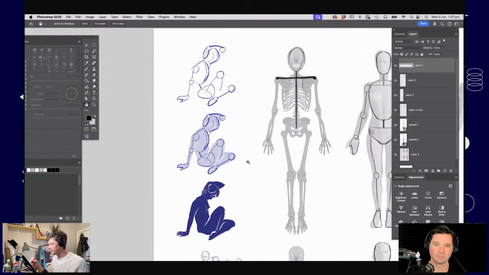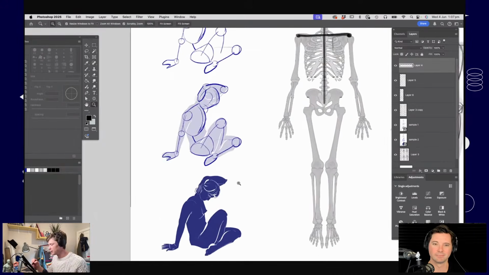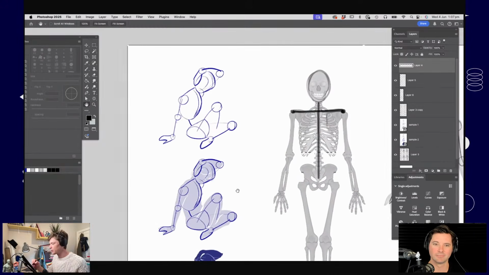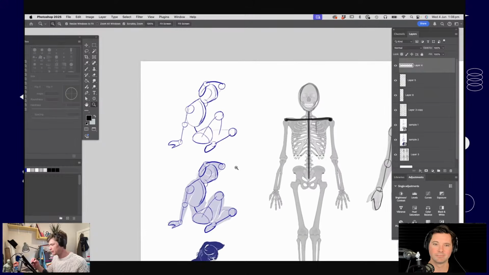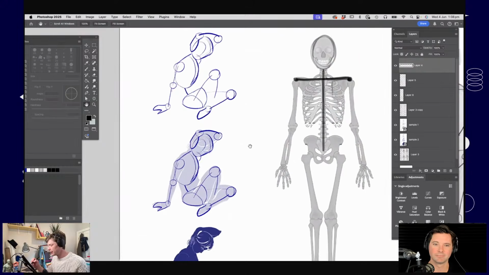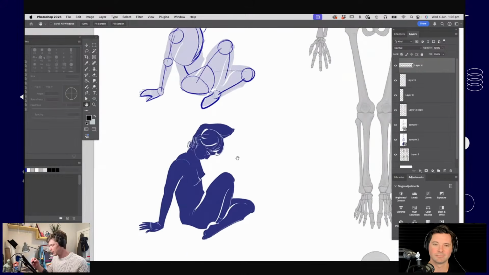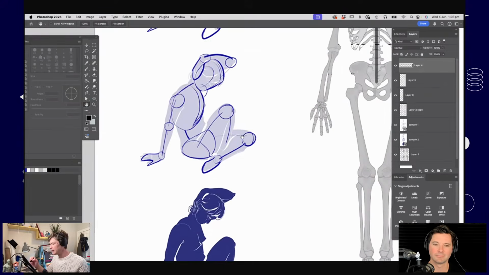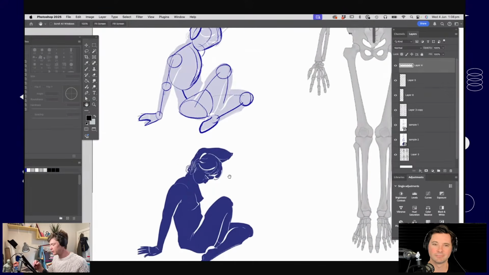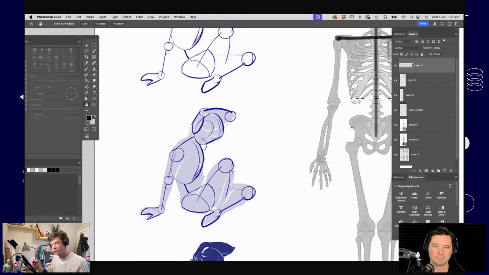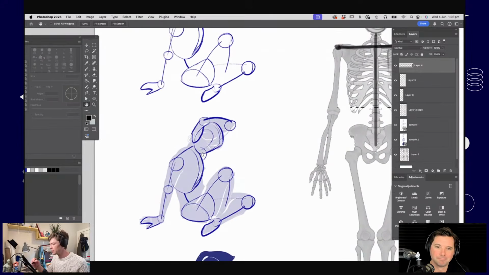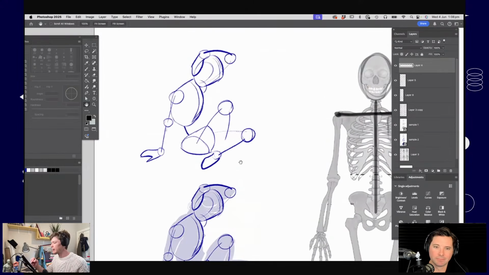I've got a couple examples here of drawings that I've done previously, and then I've worked on top of them to show you how a stick figure like this might look. So we've got this sitting figure here, and you can see I've broken down those quite complex shapes into just circles for the joints and some larger forms for maybe the rib cage or the pelvis or the skull. And then in its simplest form, it's this simple stick figure of just lines and circles.